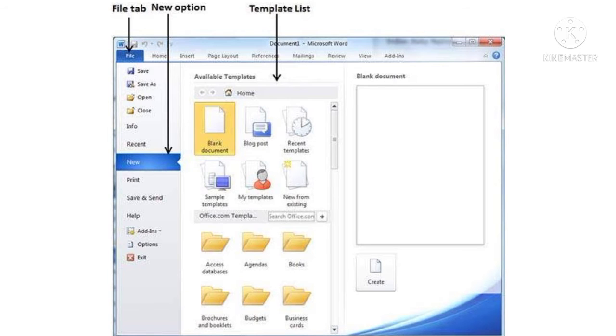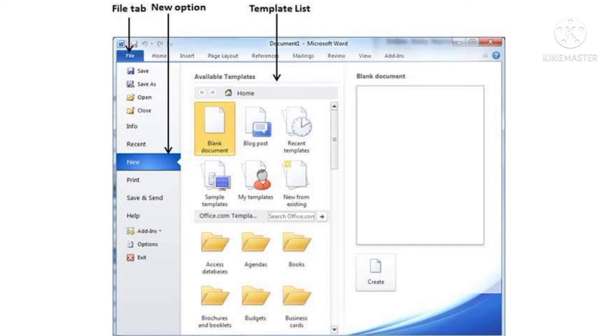How to create a new document in MS Word 2010. The steps to create a new document are given below. Number 1. Click on the File tab from the ribbon. Number 2. Select the New option from the left pane. Number 3. Click the blank document from the templates that appears.